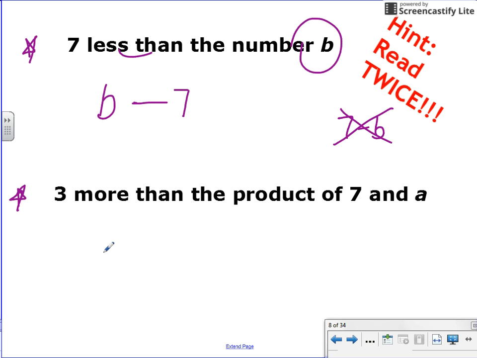All right, let's look at another one. 3 more than the product of 7 and a. 3 more than, so right away I'm thinking plus. You're right. But how many more than? 3 more than. So I'm adding 3. Technically, you should put that in the back. You're adding 3 to what? At the beginning, we have the product of 7 and a. 7 and a, product means multiply. That you can put a dot